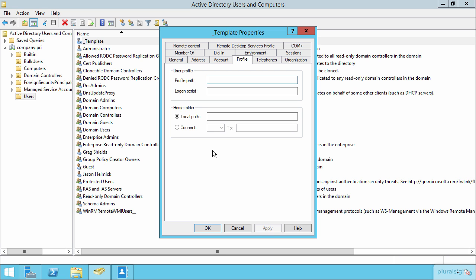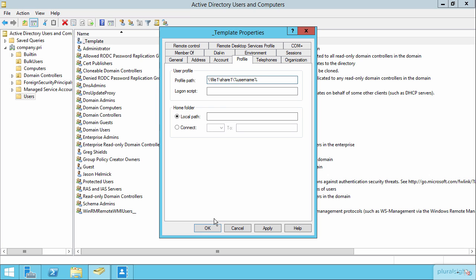Now there's one wildcard that gets used most often here in the Profile tab that you might want to be aware of in case you have need to create a roaming profile or a home folder that is pathed appropriately. And that wildcard is the %username% wildcard. This %username% wildcard will translate directly into the user name, so the actual logon name of whatever user you copy this template account into. So if you know you want to create a roaming profile to file1 share1/username, when you go about copying this account into an actual user, this will then resolve to whatever username you end up configuring